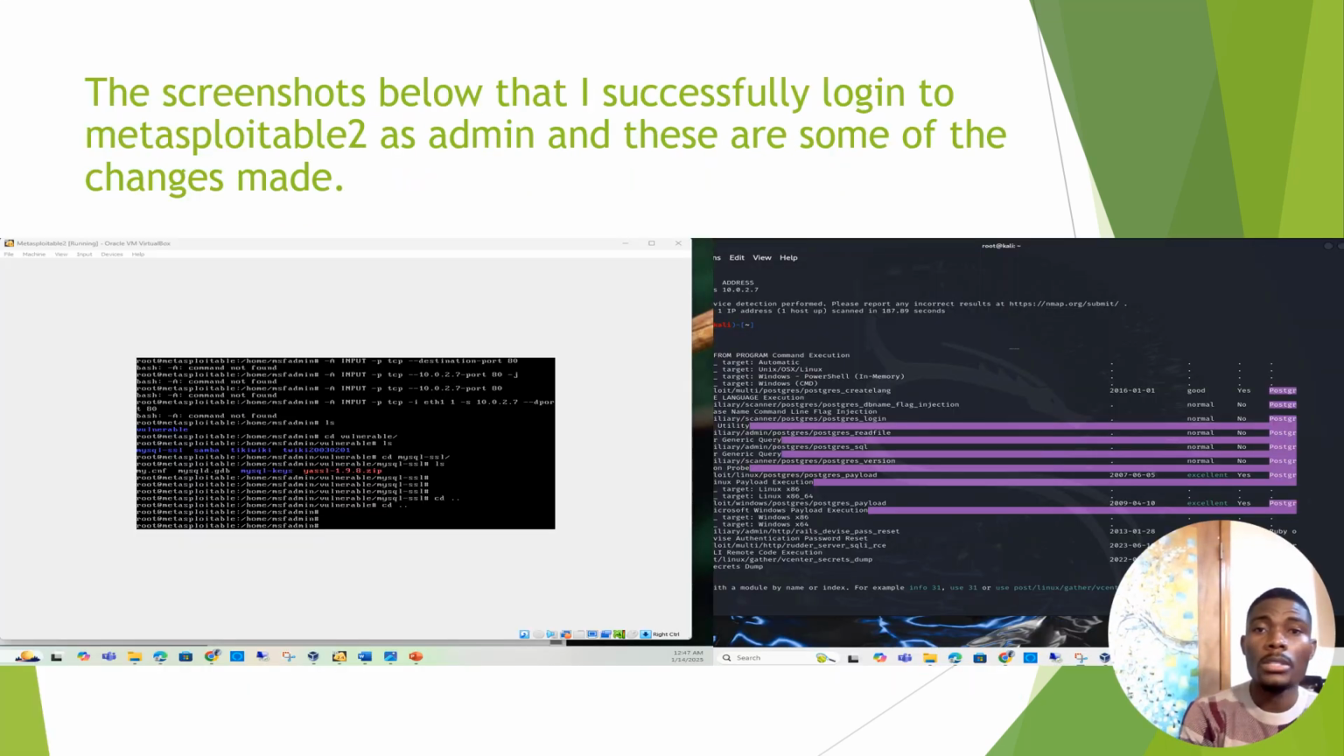The screenshot shows that I was successfully able to log into Metasploitable as administrator, and I made some major changes that helped improve my system. As you can see over here, we ran different scans that were conducted after I updated my software, that is the Metasploitable applications. We also successfully updated the SQL file that had a vulnerability to SQL injection and other PHP